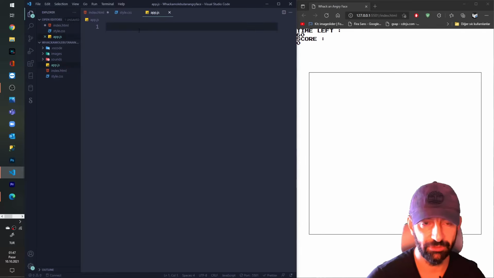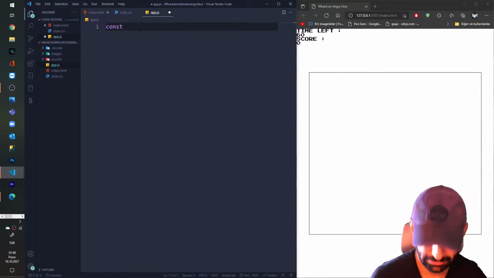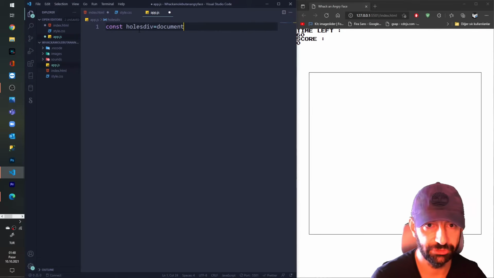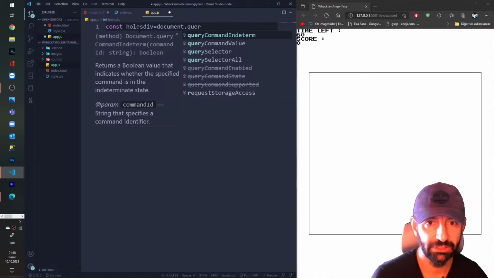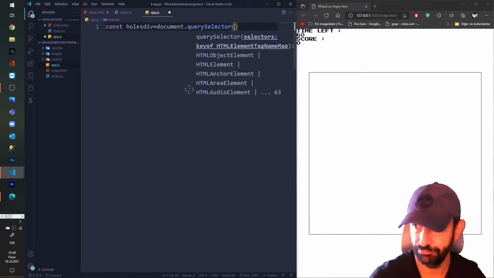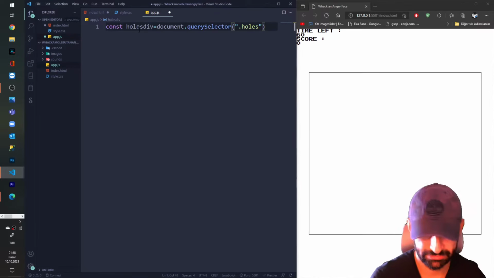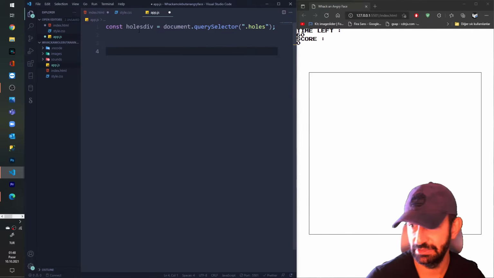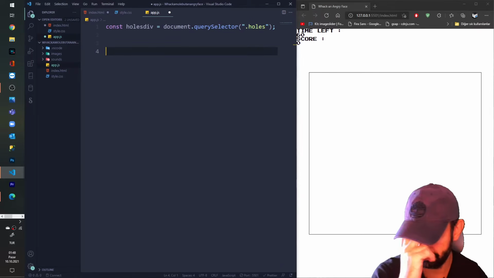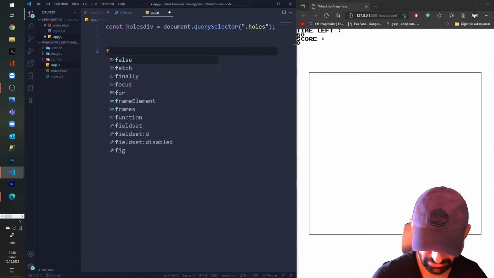Press save. I go inside my app.js and I say const holesDiv equals document.querySelector holes. I grab holesDiv, and now I'm creating the loop for my holes.